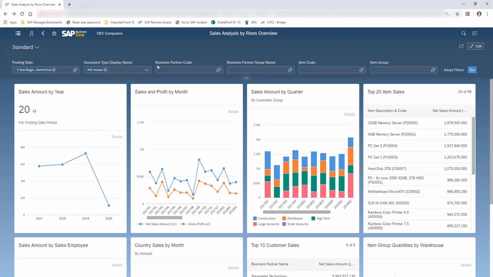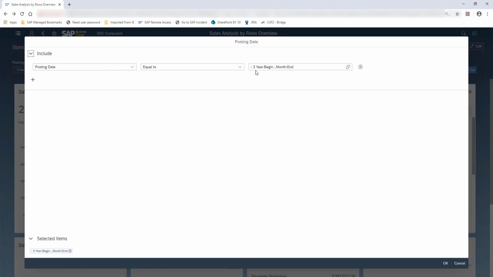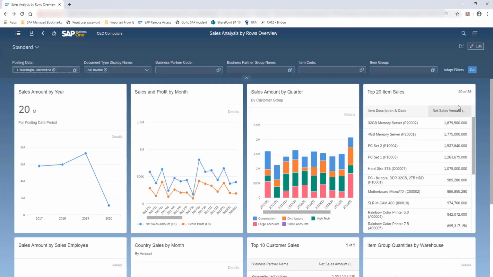Okay, so we see at the top of the overview screen, we've got filters, and we can adapt filters for any of the filters of the underlying fields related to this particular cube. But what I want to show you is that if we were to change the filter here, we're going to go into the posting date and the date offset filter set for the posting date. We're going to change it to, instead of showing the last 3 full years data up until the end of the current month, we're going to start from the beginning of last year, change from -3 to -1, from the beginning of last year until the end of the current month. And we're going to press OK there. And when we press the Go button here,